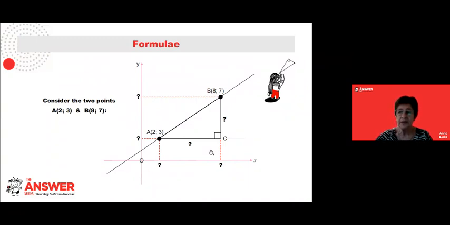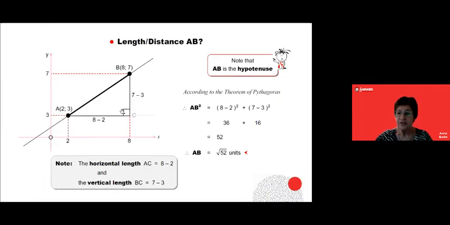Terribly, terribly simple, but so crucial that learners are completely comfortable with that, and then to fill in those values for themselves. And then it becomes really, really easy to apply the theorem of Pythagoras in order to determine the length of AB, and continuing to use numbers and arriving at their answer, and focusing on the importance of the horizontal and